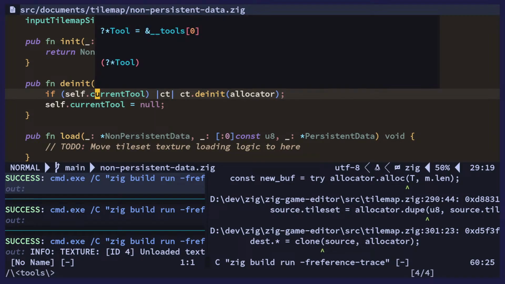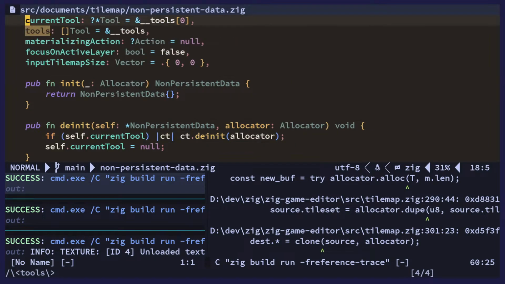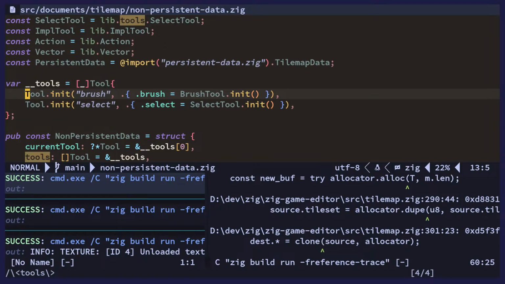So the current tool is deinitialized, but not the other ones. We should just go through each tool, because we have a list of tools that are initialized here, but they don't have